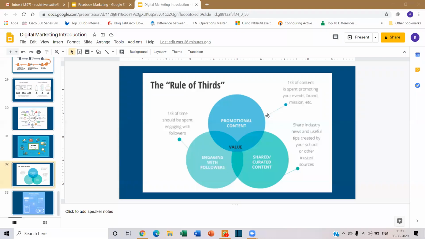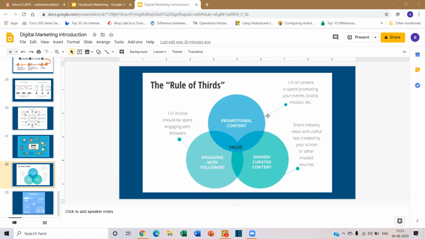Okay, let me explain how this works basically. What is Google My Business actually? It is a tool used by Google to manage your business online. Now, how to do that? There are certain procedures we need to follow.